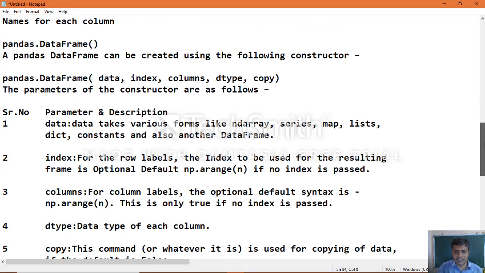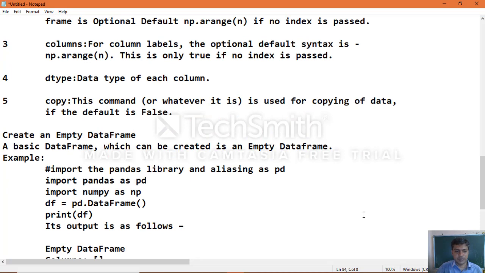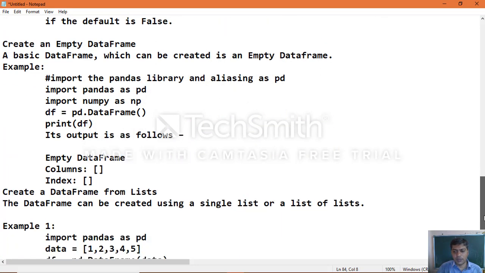Each parameter of the constructor, what it contains, and how to create an empty data frame. We also saw an example of country population defined in a table, with column names country, population, and percentage of world population, and index labels taken as two-character codes.